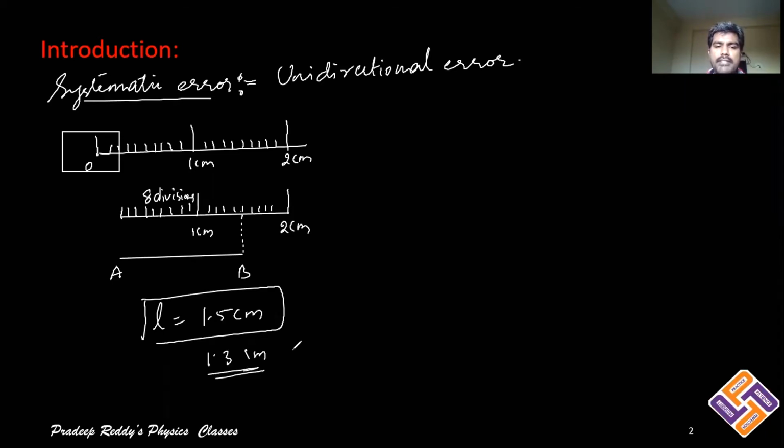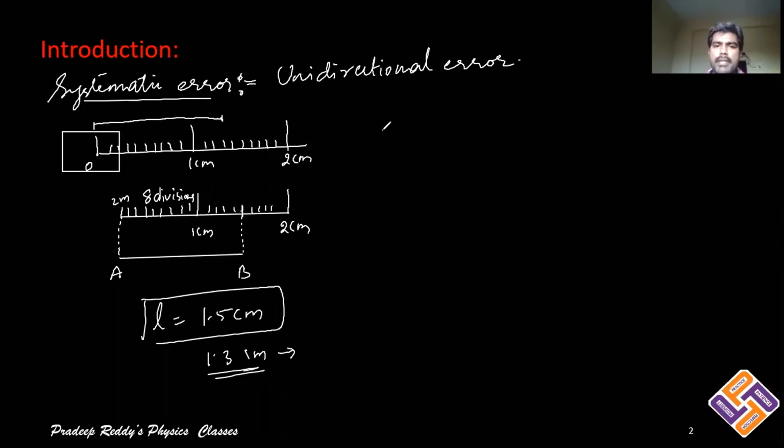Why is it 1.3 centimeter? Because in the first 1 centimeter, as the scale has been broken at the second division, you are not counting those 2 divisions. Therefore, you are not starting from 0, you are starting from 2 millimeter. Therefore, your final value is 1.5. But if you take a perfect scale, the length would be only 1.3, is it not?